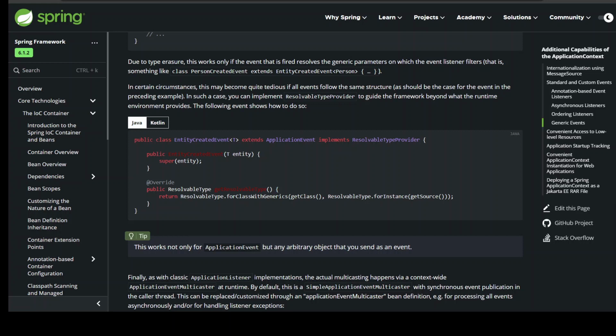In such a case, you can implement ResolvableTypeProvider to guide the framework beyond what the runtime environment provides. The following event shows how to do so. public class EntityCreatedEvent<T> extends ApplicationEvent implements ResolvableTypeProvider { public EntityCreatedEvent(T entity) { super(entity); } @Override public ResolvableType getResolvableType() { return ResolvableType.forClassWithGenerics(getClass(), ResolvableType.forInstance(getSource())); } } This works not only for ApplicationEvent but any arbitrary object that you send as an